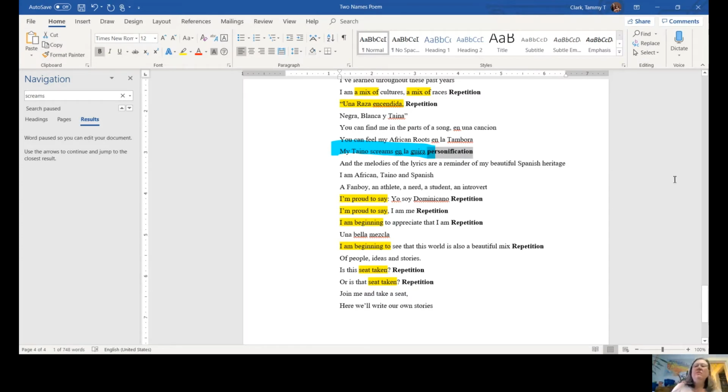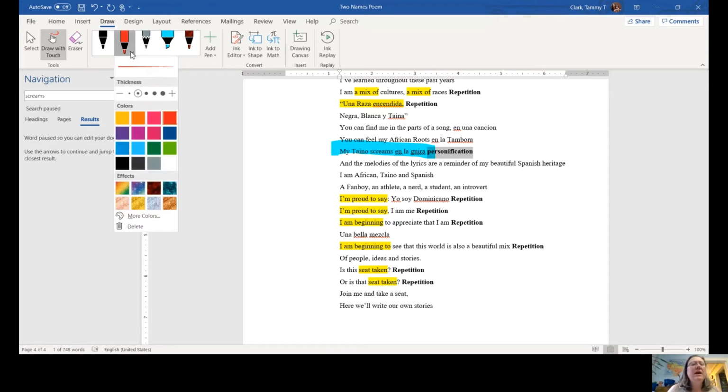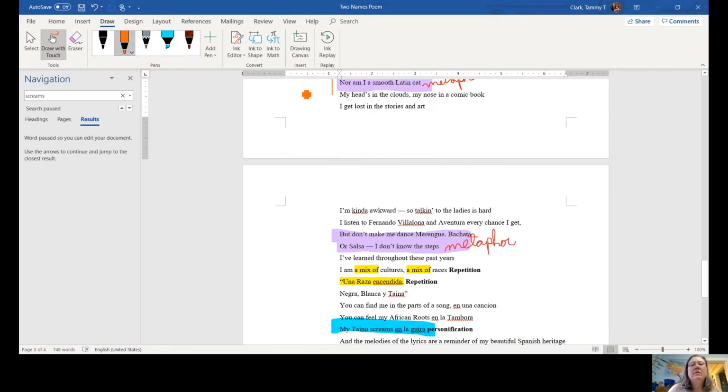And now the last one that we need to identify is hyperbole. Maybe I'm not interested in using the draw tool at all. I mean the highlighter tool at all. Maybe I want to do something like this. I can circle this, my head's in the clouds, my nose in the comic book. And then I can say,